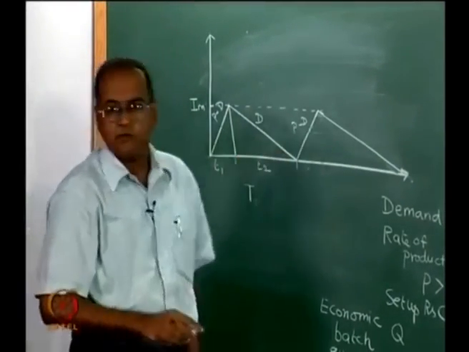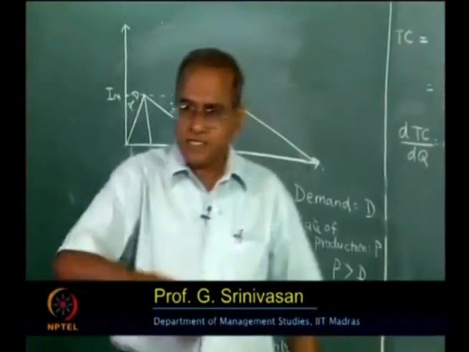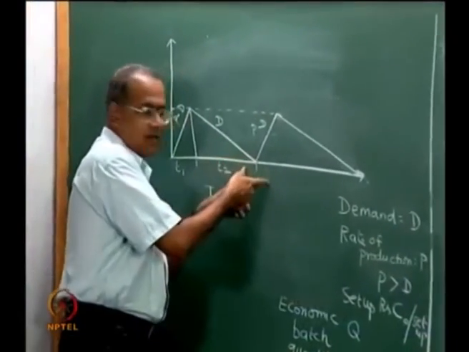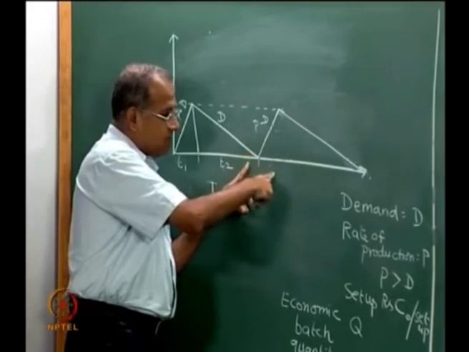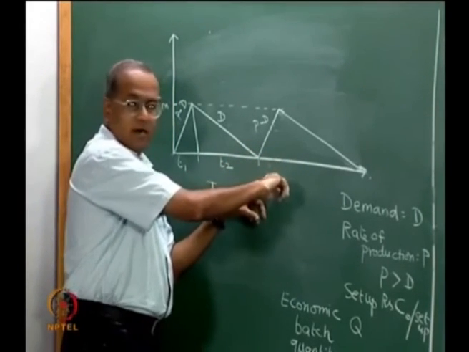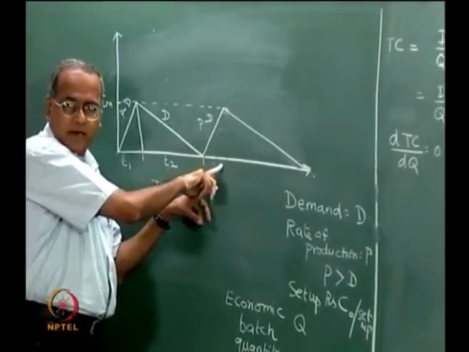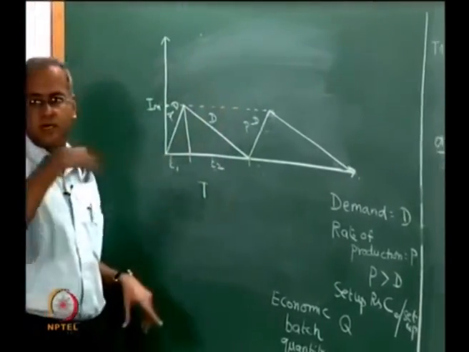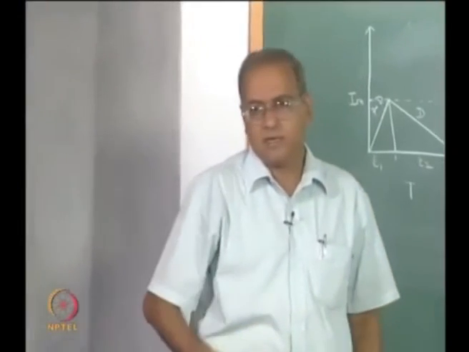T1 and T2 need not be the same for all other kinds of situations. So, the next model that we should be looking at is, can we allow for some back ordering here like we did in the bought out items, build up a back order and then produce, satisfy the back order first and then build up the inventory. That would be a production consumption model with back ordering, which we will see in the next lecture.